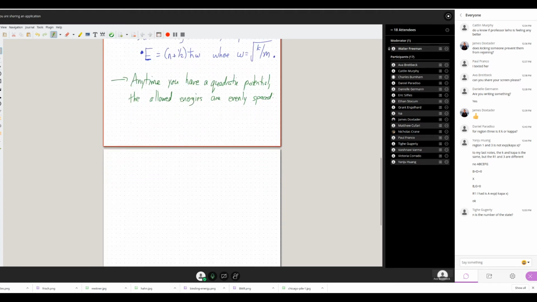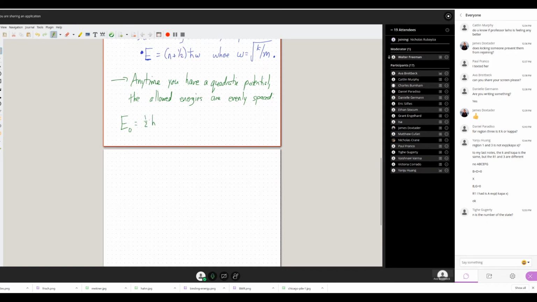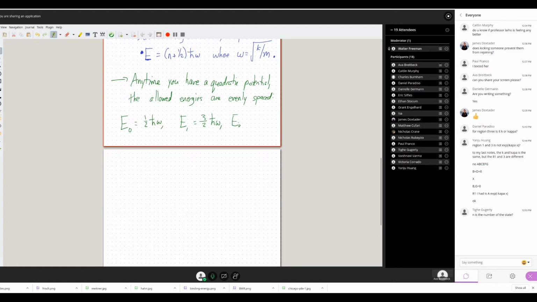So we've got the first one is 1/2 h bar omega. The second one is 3/2 h bar omega. The next one, it's the third one, but I'm referring to it as E2, is 5/2 h bar omega, and so on. Now, that's relevant to your homework because